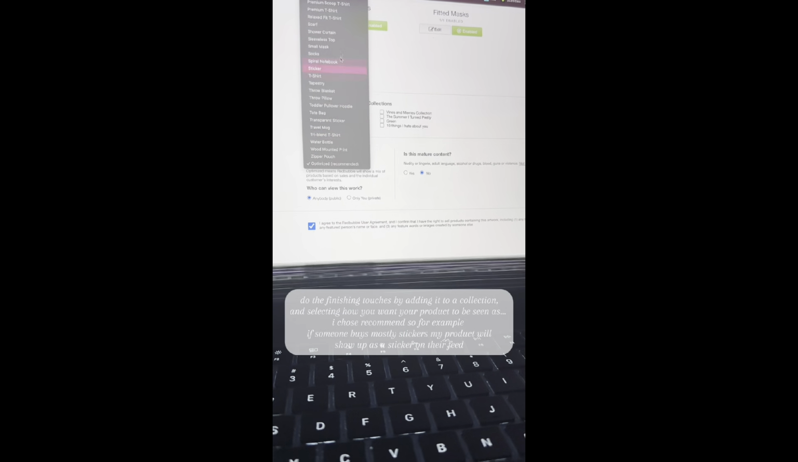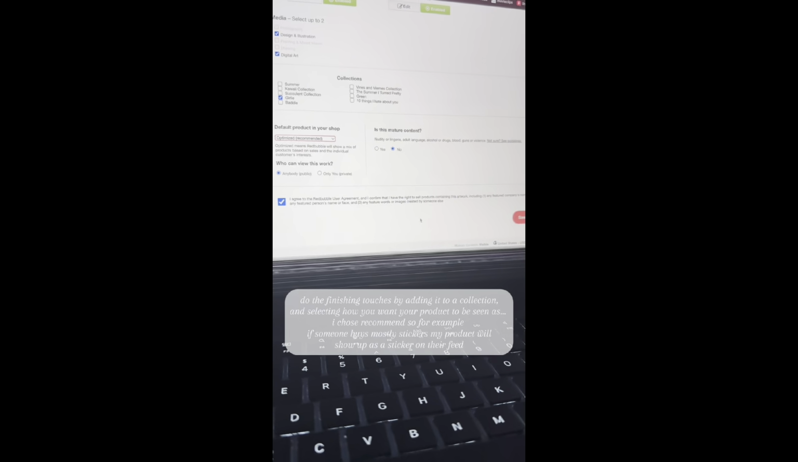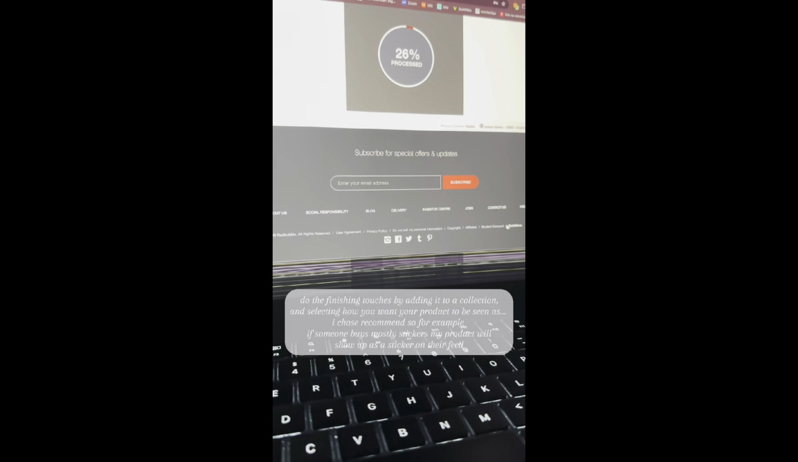Do the finishing touches by adding it to a collection and selecting how you want your product to be seen as. I chose recommend, so for example, if someone buys mostly stickers, my product will show up as a sticker